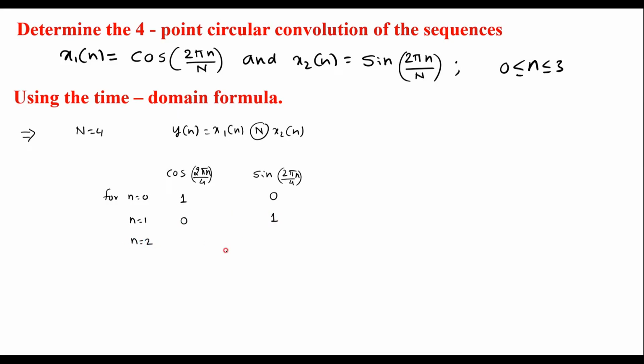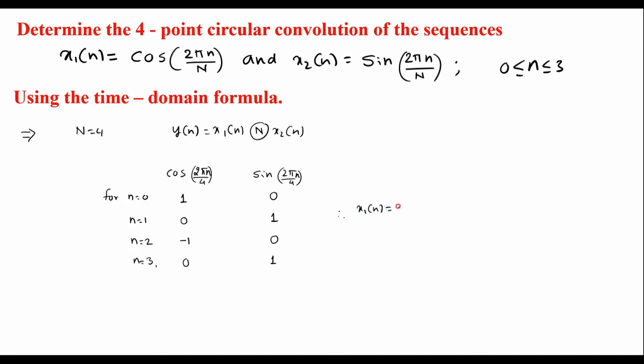For n is equal to 2, we have 4 pi by 4, 4 will get cancelled, cos pi, that is minus 1, sin pi is 0. Similarly, for n equal to 3, we have 6 pi by 4, cos 6 pi by 4 gives 0, sin gives minus 1. Therefore,